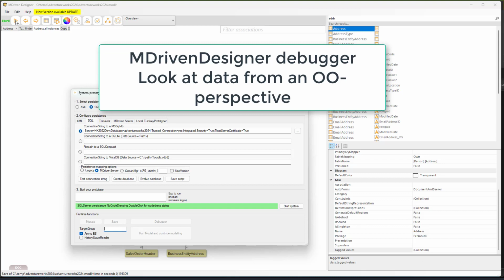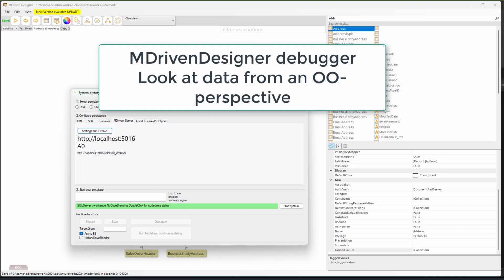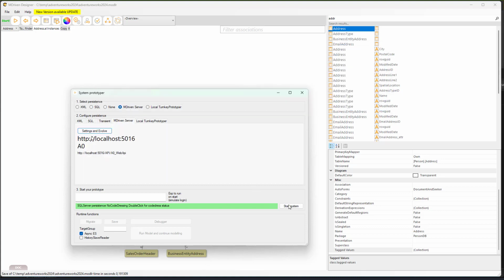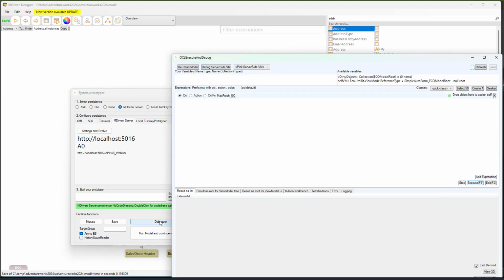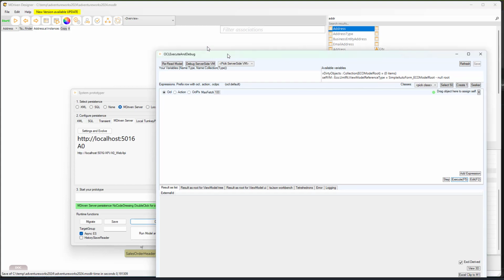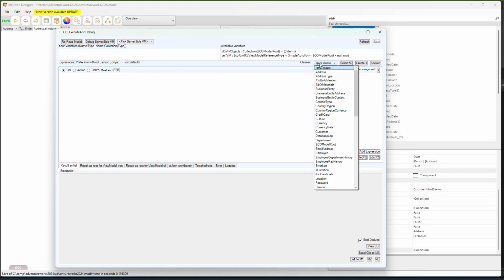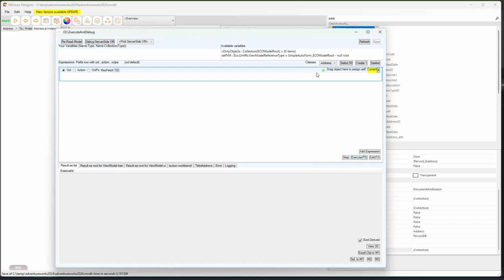And then we are ready to start the system. We can also use the MDriven server directly, which already has the connection string, and then we only need to tell it the address of the server that we're going to use. And open the debugger, and in the debugger we can do many things, but the easiest thing is to just